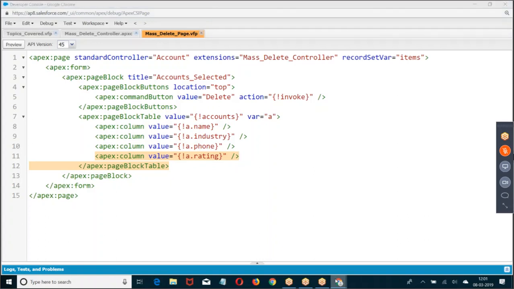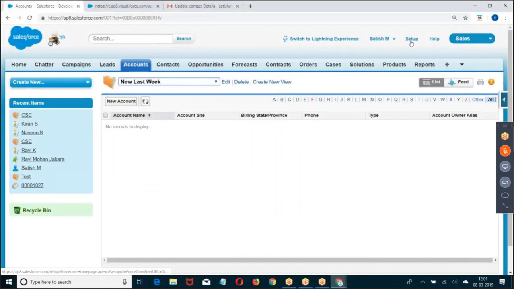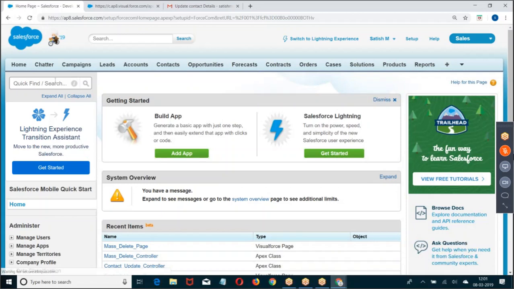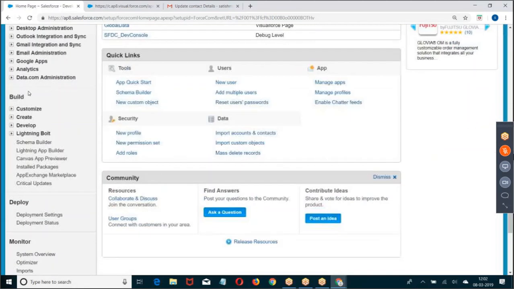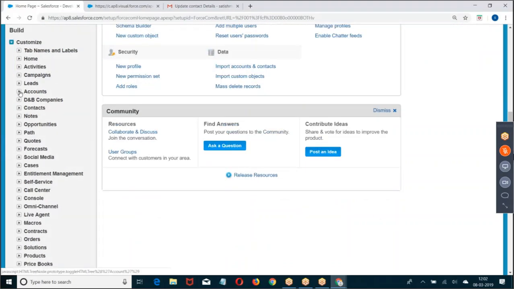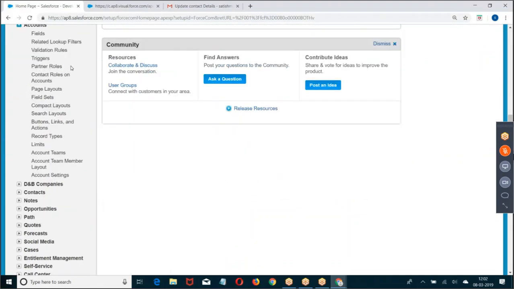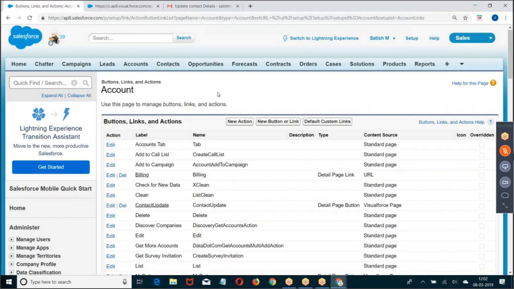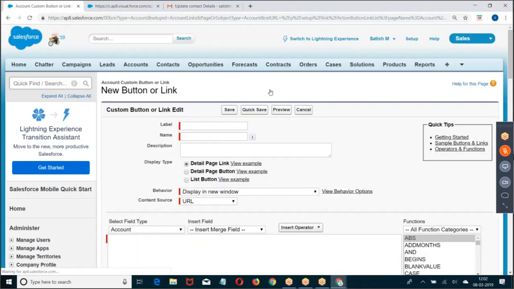So what are we supposed to do? Setup. Build, customize, accounts, buttons and links, new button. Now,